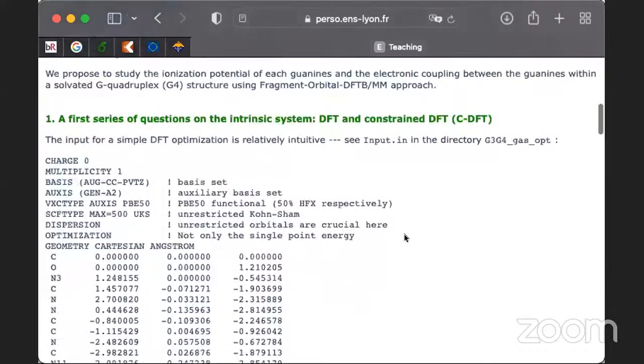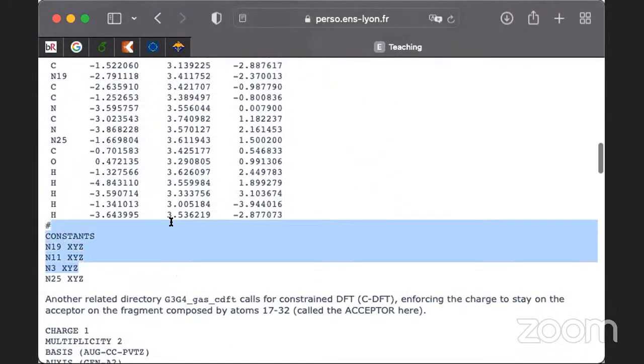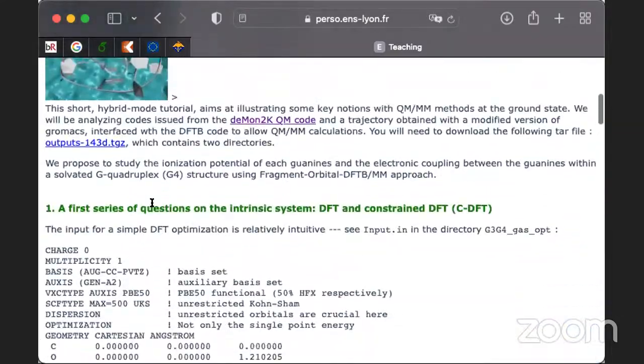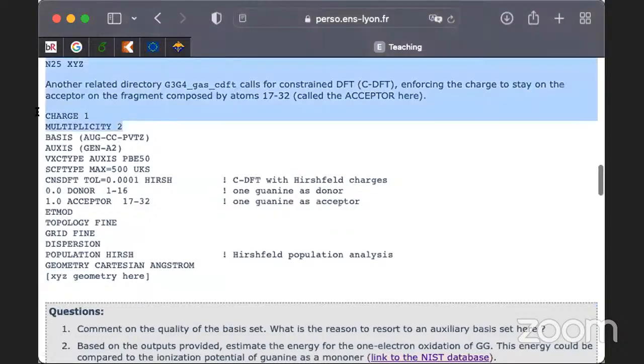Going back here to what we are aiming to do. This is the input file that we have seen. There are some constraints on the nitrogen to just avoid that it deviates. It's to mimic the mechanical embedding of the quadruplex and enforce the planarity and not deviate too much from the stacking. We have this for the neutral compound, and then you have it also for the radical cation,